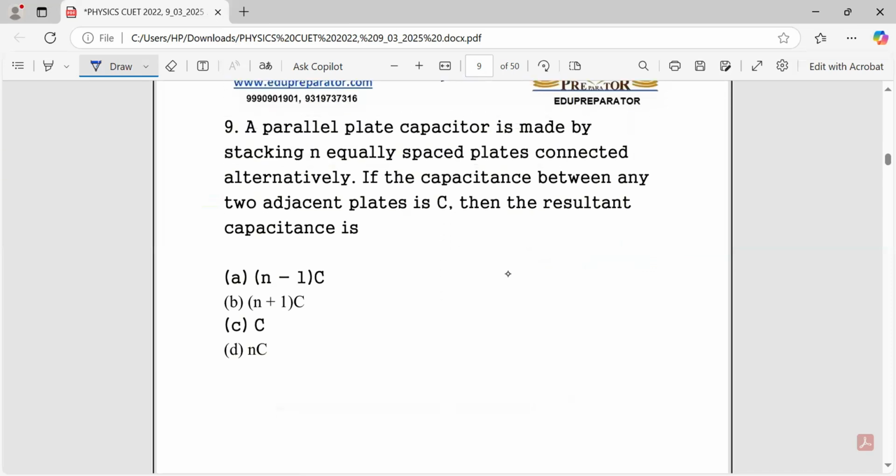He says you are having a parallel plate capacitor made by stacking a number of equally spaced plates connected alternately. Means, like, you know, the one plate is connected, second is not connected, third is connected. So this is the condition of the parallel combination. So in parallel combination, we know C is equal to C1 plus C2 plus C3 and so on. You are having n case. As the last plates are not involved,